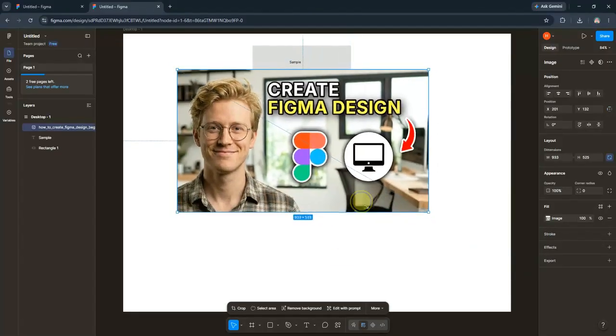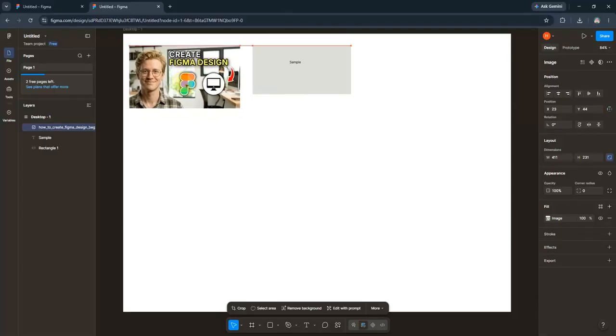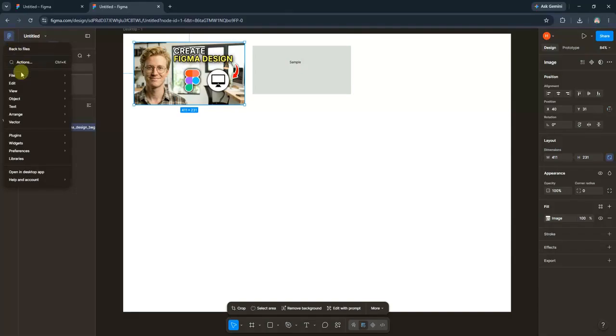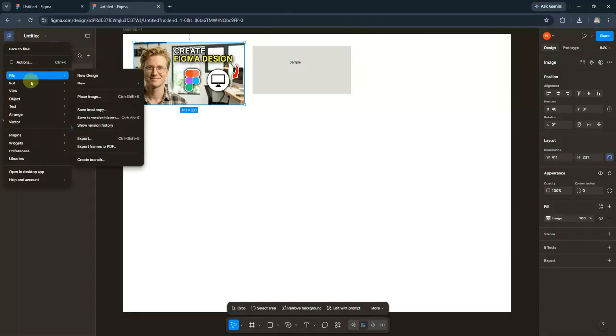Figma automatically saves your work, but you can also manually save by clicking on the Figma logo and selecting Save to Version History. To share your design with others, click on the Share button at the top right and enter